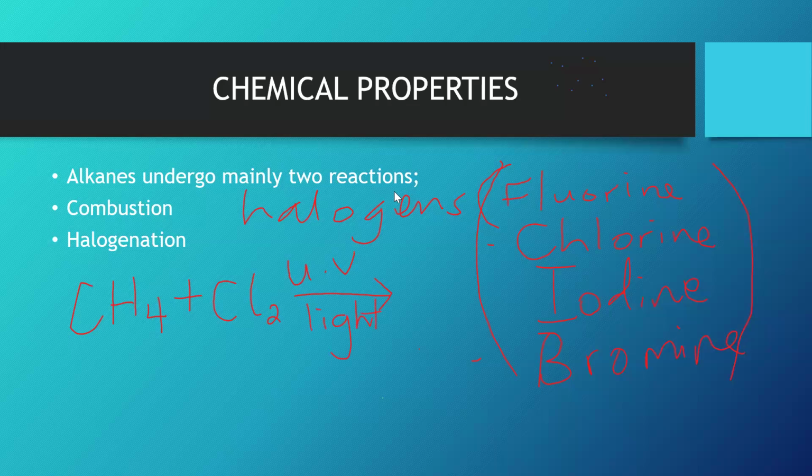So when this ultraviolet light is available, you will have the chlorine replace the hydrogens in this case. Of course, we have what we call the slow reaction and then the fast step reaction. So it will go on in steps. While removing this hydrogen here, the chlorine will keep on adding itself there until you have it replace all the hydrogens